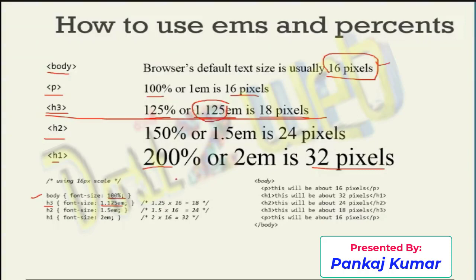Okay, how? 1.25. And what is the actual pixel size of your body tag? That is 16. So 1.25 into 16 is equal to 18 pixels. So the H3 size will now be 18 pixels. Similarly,